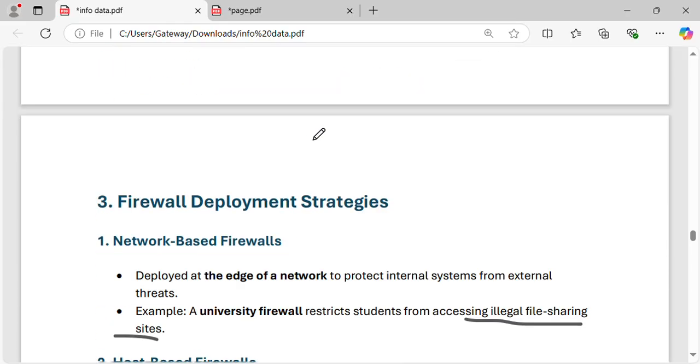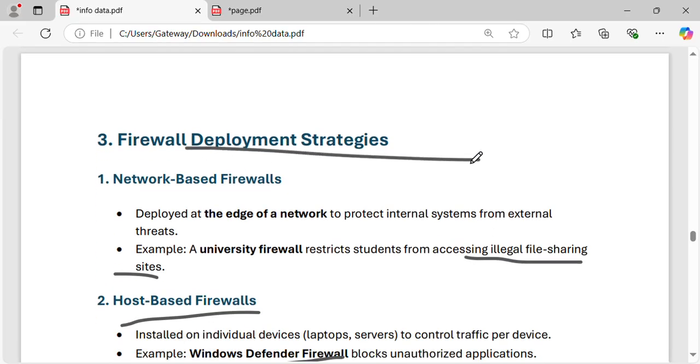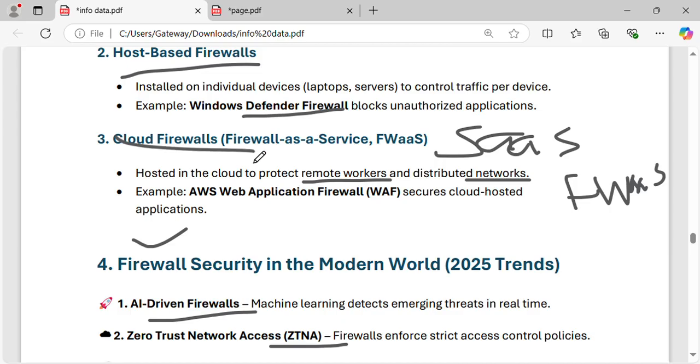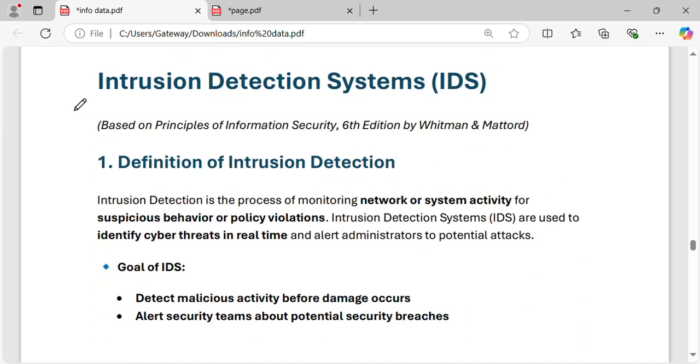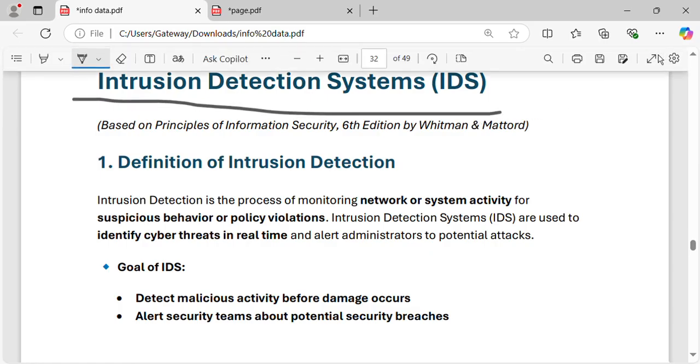Then we talked about where we can deploy the firewalls. They could be network-based, host-based, or cloud-based. And this is a simple model of firewalls. In the next one, we will talk about intrusion detection systems and some types of